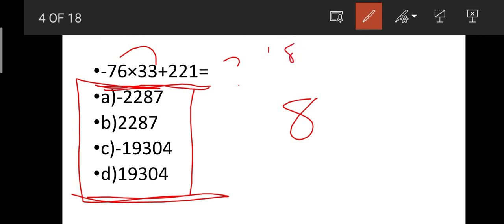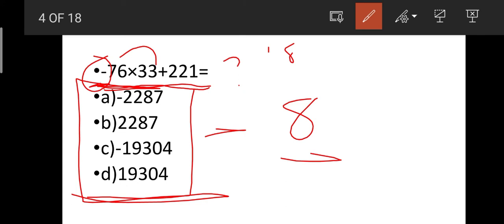So our last digit should be 8. As they have given a minus value, you should be very careful of these minus values. Due to lack of attention in our exams, we may not take these minus signs, but you should observe the question very carefully. Okay, here we should take the minus value.